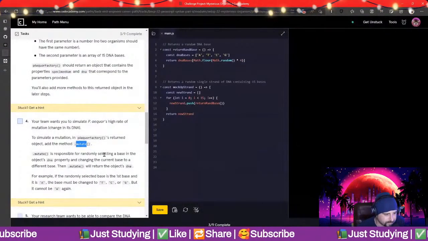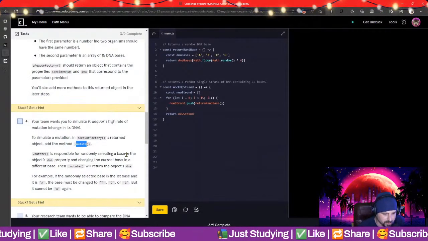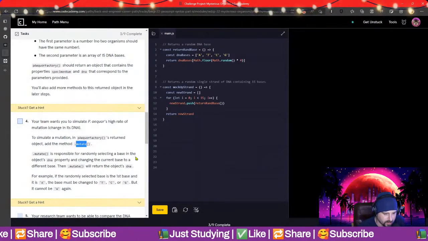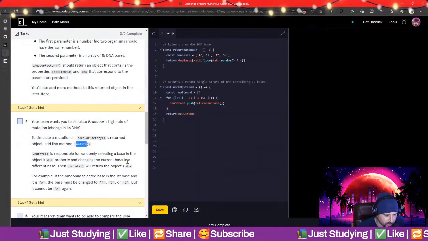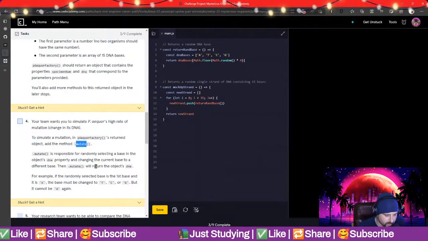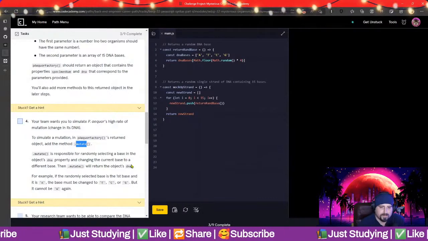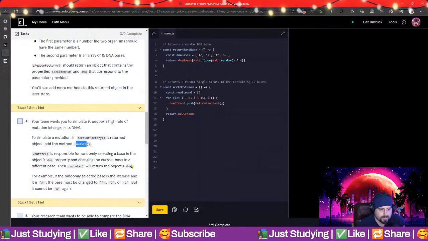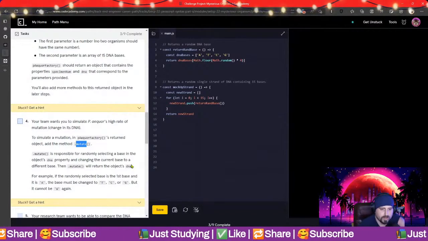All right. Mutate is responsible for randomly selecting a base in the object's DNA property and changing the current base to a different base. So then we're going to be